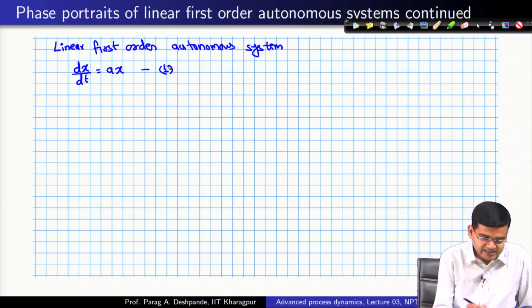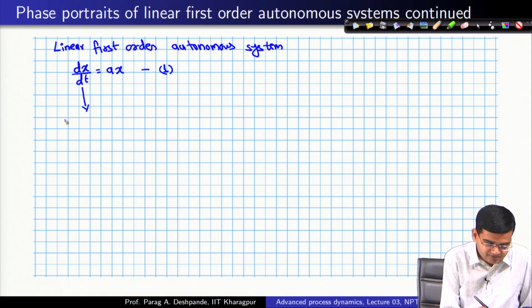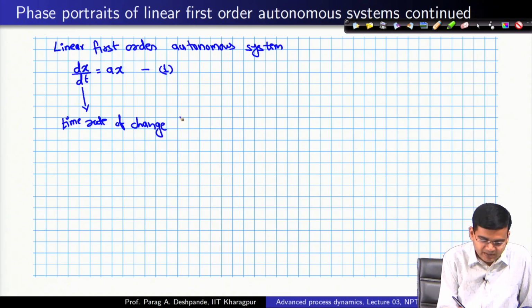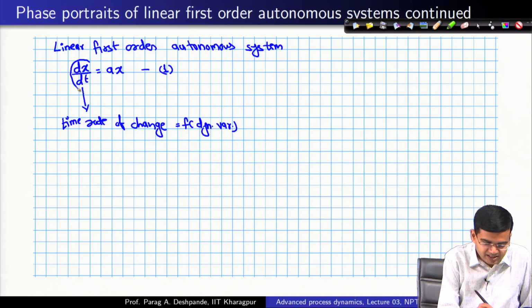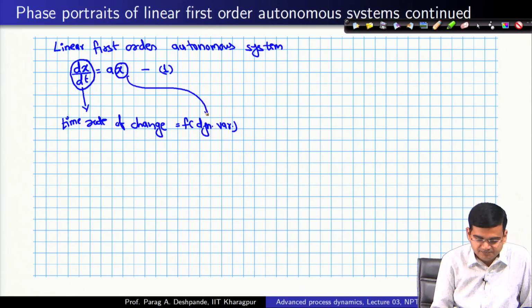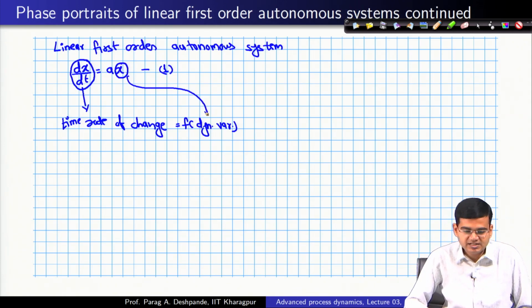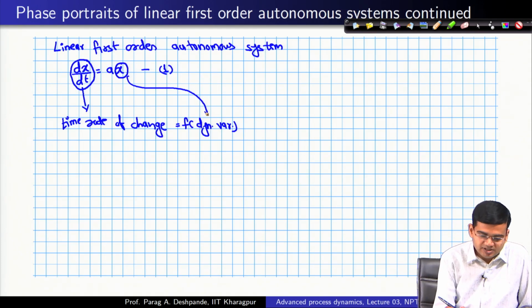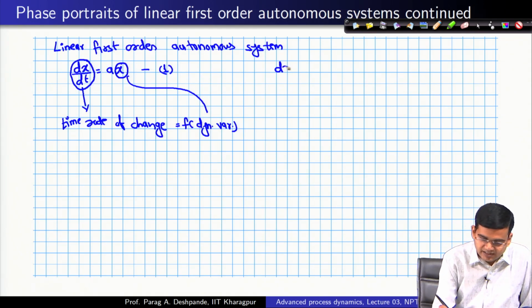So, let us first try to understand the meaning of this equation. The meaning of this equation is that the time rate of change of the dynamical variable is a function of the dynamical variable only. Okay. So, dx by dt, which is the time rate of change, is a function of the dynamical variable only. Okay. And what kind of a function? Since this is a linear system,